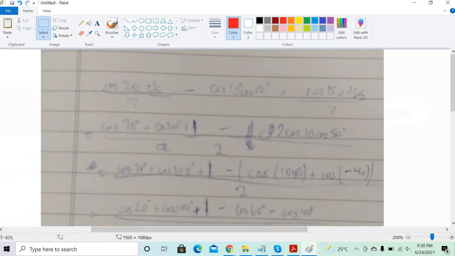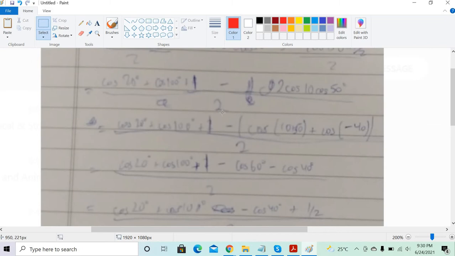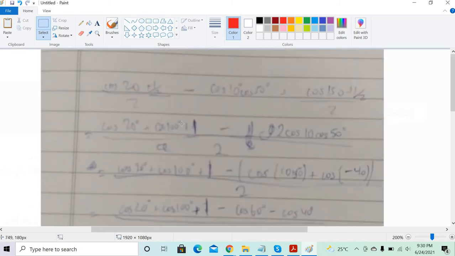This part is there. Okay, so after that something went wrong in the formula. You applied cos 10 and cos 50, right? So I took 2 there, then I got 2 back. So 2 by 2 you did, right? Oh, okay, no problem. That's fine. So 2 by 2 you took here, and then cos after A plus B.